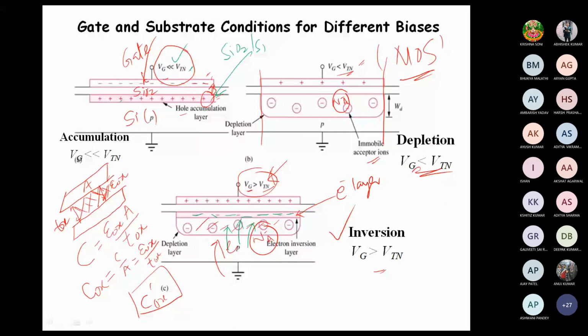It will take some time for these electrons to adjust from the substrate to the interface. So if the gate voltage is slow varying, then in that case these electrons